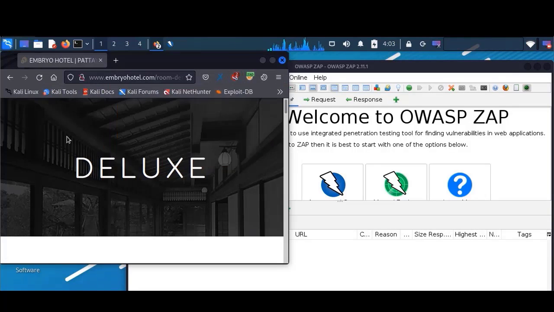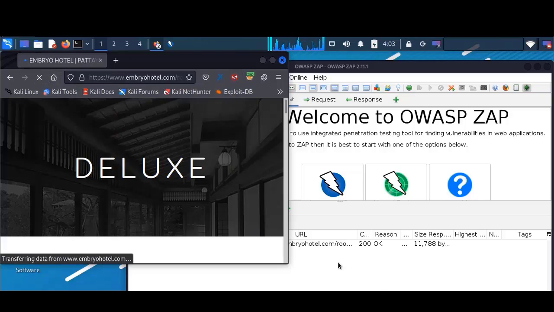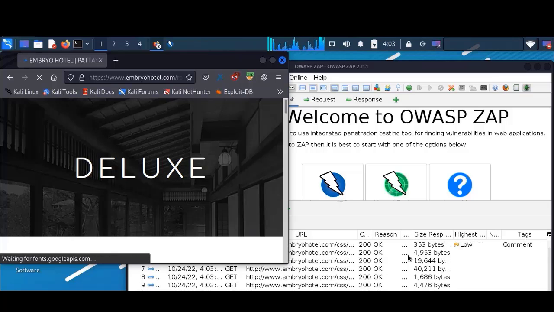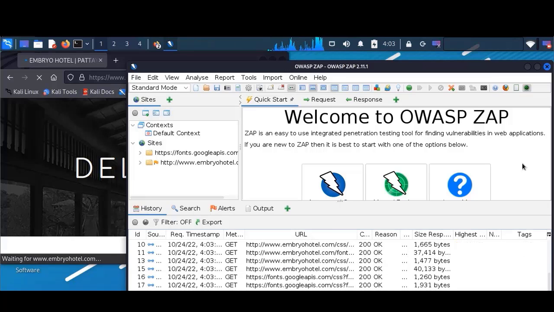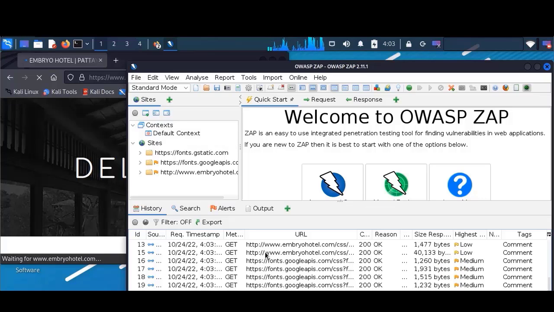This is ZAP proxy. It will connect through the OWASP ZAP proxy and open all details in OWASP ZAP. Show all details on